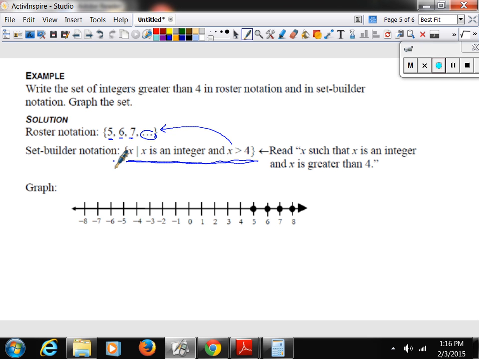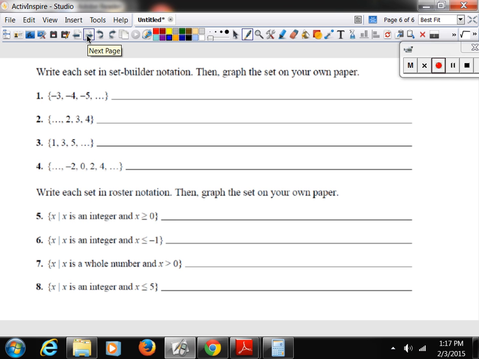What's the first number greater than 4? 5. There it is right there. First number greater than 4 is a 5. So such that X is an integer and X has to be greater than 4. So we're starting at greater than 4 and we're listing them all. And then we make the 3 dots and say that it goes on forever. So here's what it's asking for us to do. First, they want us to write it in set builder notation. So that means you're going to draw your little set symbol, X such that X is an integer,